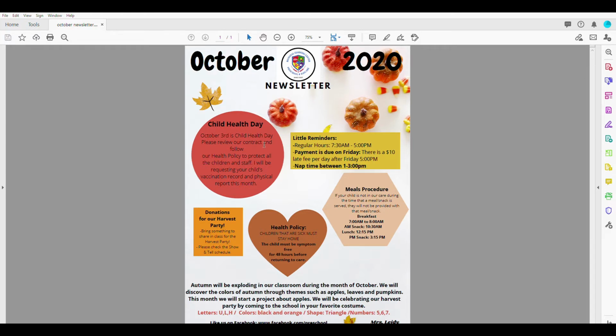During this month, I do request a vaccination record and also a physical from each child. And why do I do this? Because the flu season comes around October, November. So I want to make sure that every child already has a physical and they have their vaccines. And every year I do the same thing. So that keeps me more organized, because I know that in October I will be requesting this for my current